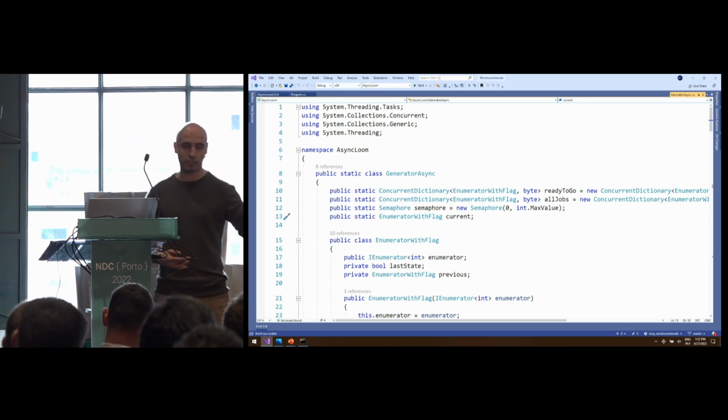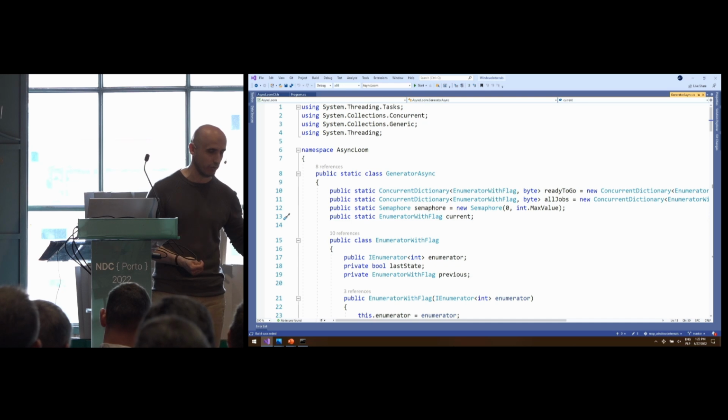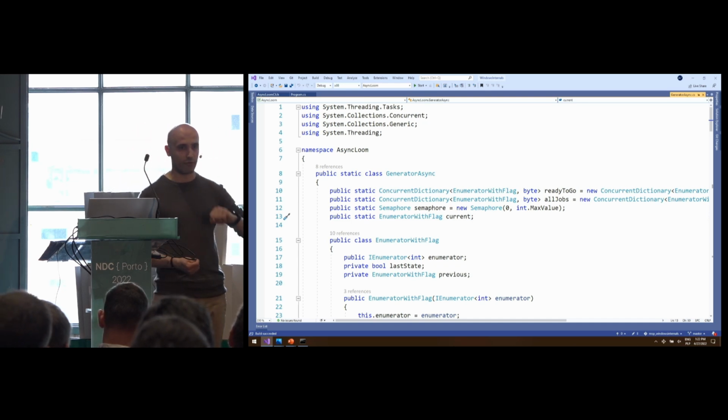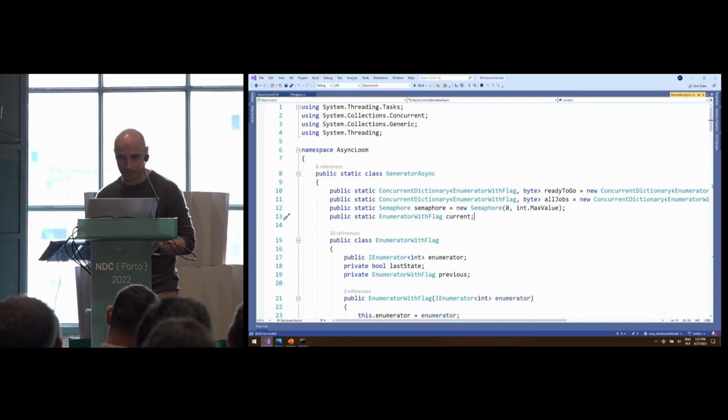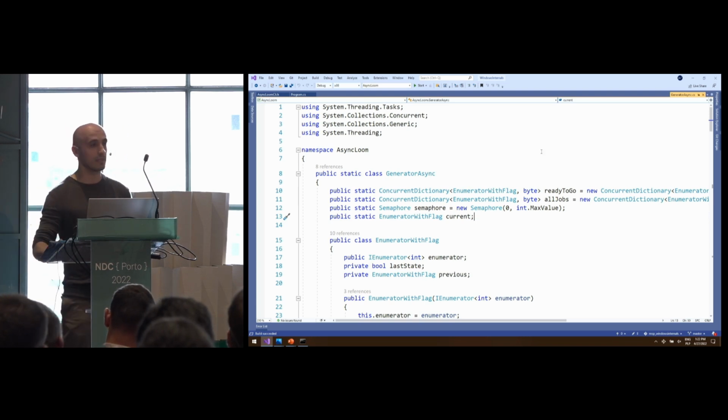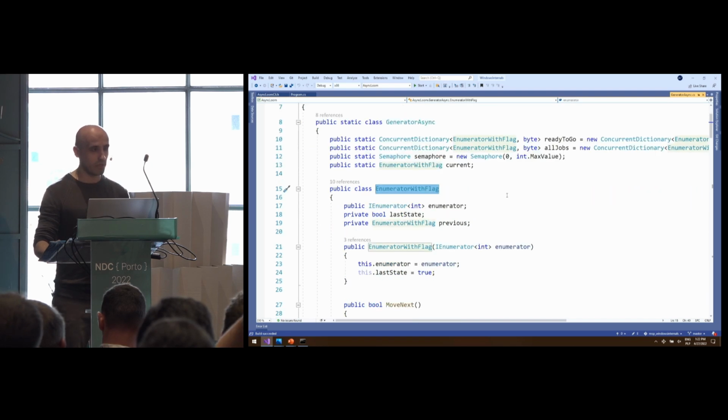And then the thread observes the queue. If there is a new message in the queue, meaning that, hey, you need to do some more work, it takes the message from the queue, does the work, and carries on. Okay, so that's the idea. We need to re-implement this part. So we have dictionaries of all the jobs we'd like to be doing, some semaphore for synchronizing on top of the queue, and then we also have the enumerator.